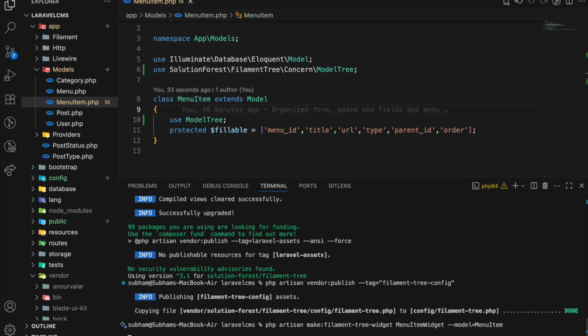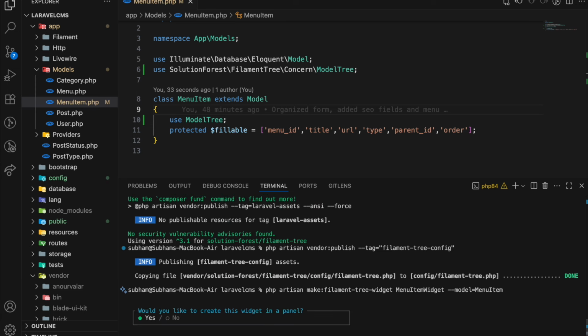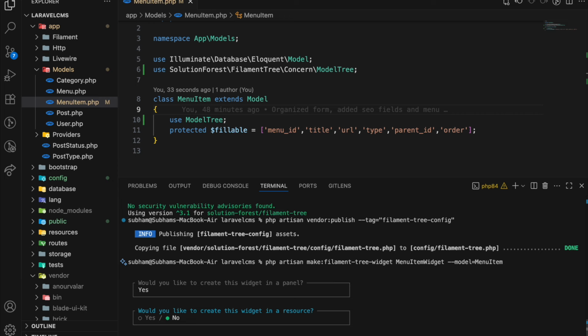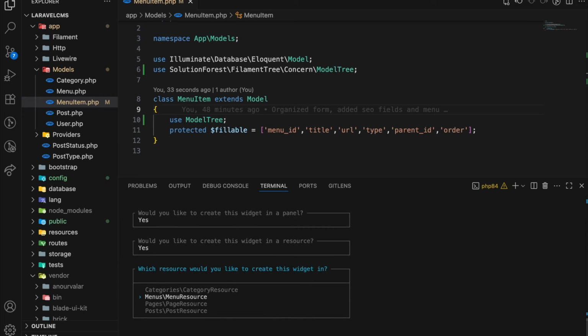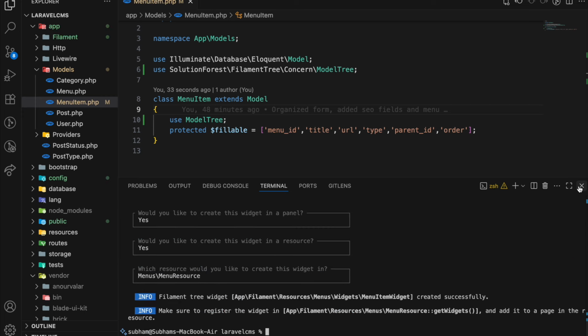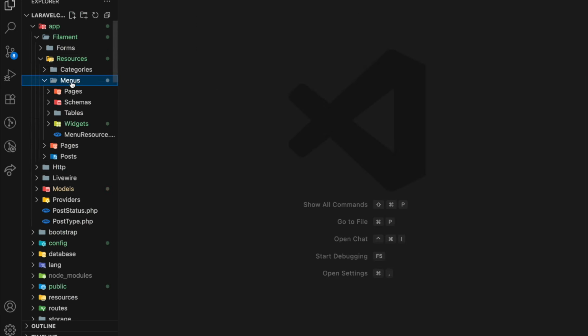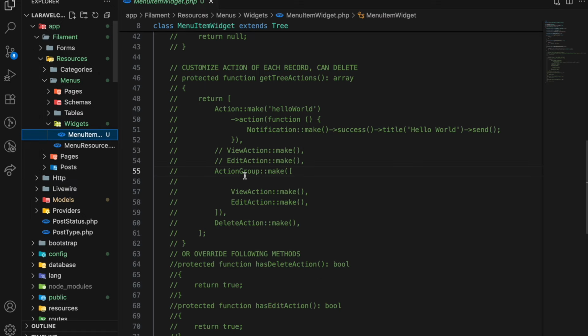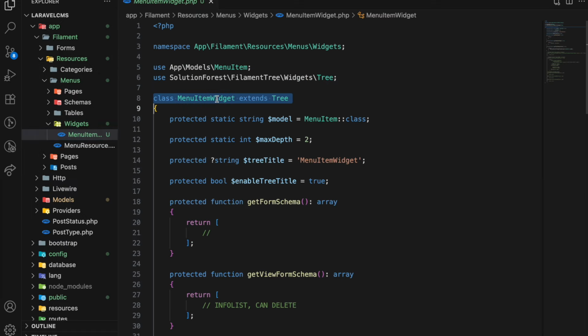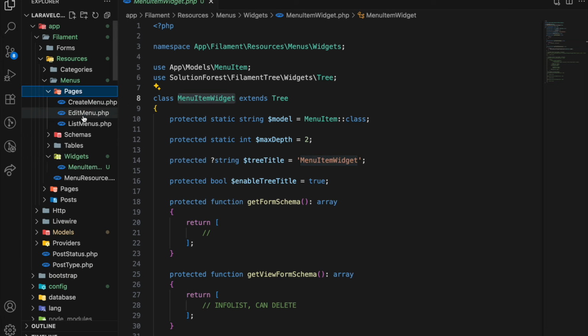It will take some time. So would you like to create this widget in a panel? Yes. Create a widget in a resource. Yes, and the resource is MenuResource. That's it. So if I go in Filament, Resources, Menus, Widgets, now I have a MenuItemWidget. So now to register this, if I go to my pages, in my edit page,